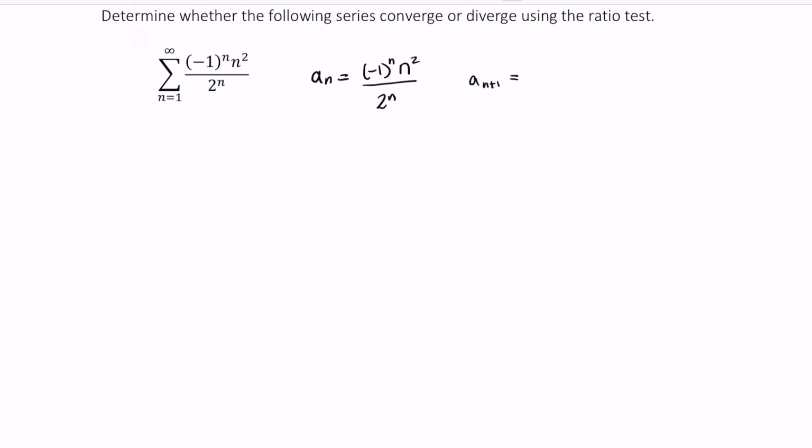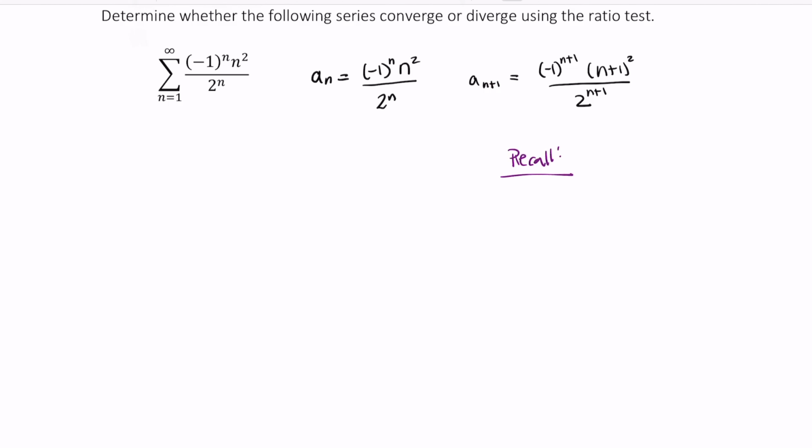So a sub n plus 1 is negative 1 to the n plus 1 power times n plus 1 squared over 2 to the n plus 1. And if you notice, everywhere I had an n, I just replaced it with an n plus 1. So this n here became n plus 1, so this nth power here will become an n plus 1 power. And the whole idea is we're setting up